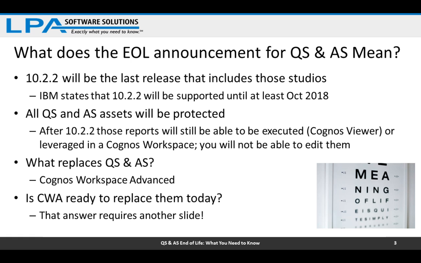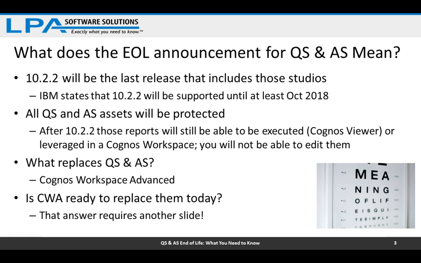Well, that's what Cognos Workspace Advanced is for. So Cognos Workspace Advanced is a tool that is similar to Query and Analysis Studio in that as you build your reports, you have the option to see your data. They are a drag and drop interface with what's called preview mode on or available to you. That's the see-my-data-as-you-go. Query Studio and Analysis Studio were a bit more basic than Cognos Workspace Advanced. So CWA can do more things, but let's keep in mind also that CWA cannot do everything that Query and